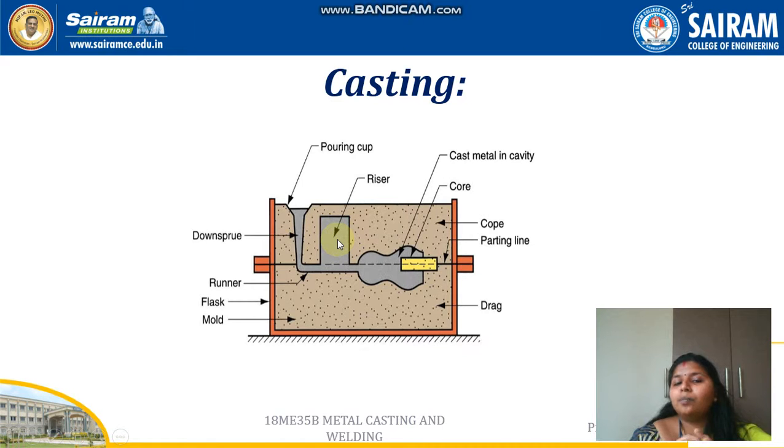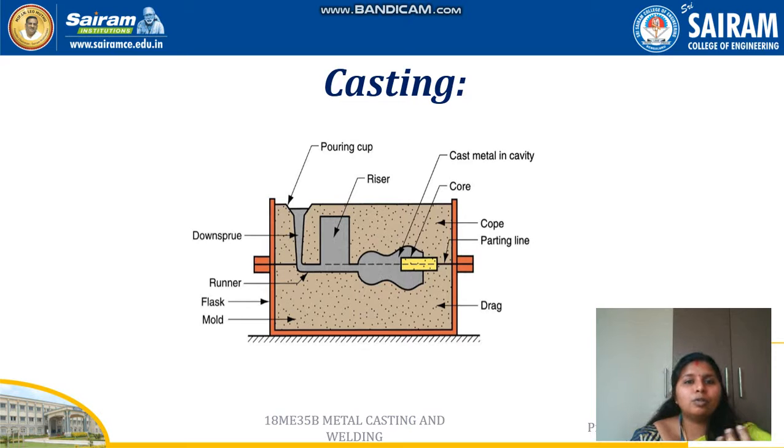Once the metal is poured into the cavity and it is made sure that the cavity is completely filled with the molten metal, it can be allowed to cool, because we cannot take it out directly while it is molten. We need that shape, so it has to be dried and cooled for hours. Once the cooling is done, we can remove the sand and take out the component. Once the component is taken out, we can remove the excess material with the help of machining, and we can get our exact component. So this is how casting is done.